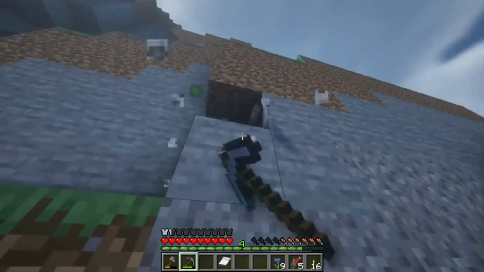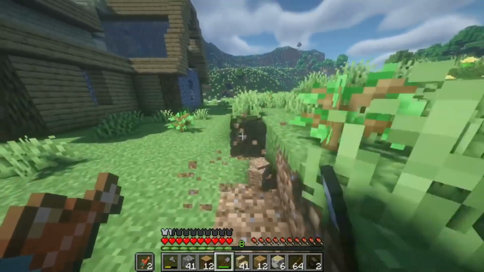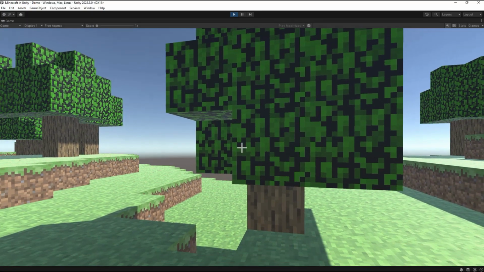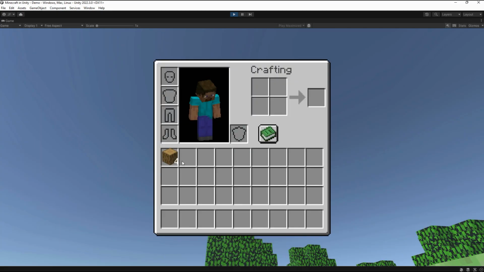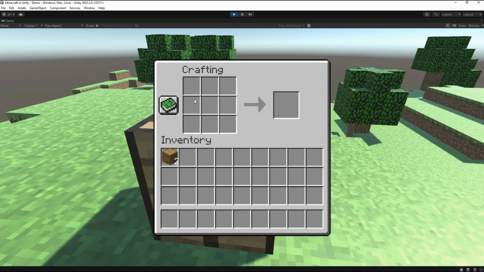So, welcome to the 6th episode of our Minecraft in Unity series. And last time, I showed you how you can introduce drops to your Minecraft game. And today I'd like to focus on crafting, which means that I will divide this tutorial into two sections. The first one, focusing on being able to craft items in general and how to set everything up. And the second part will be how to create the workbench and the default crafting UI that you all